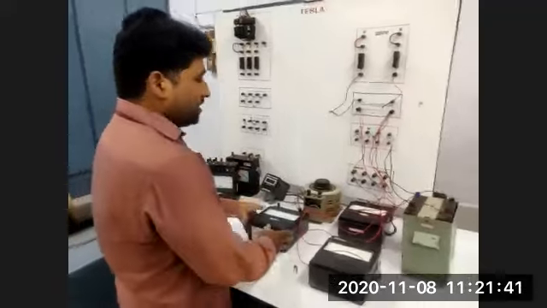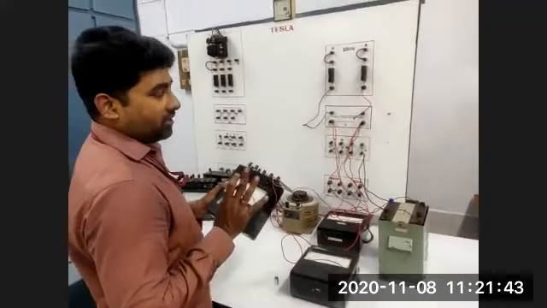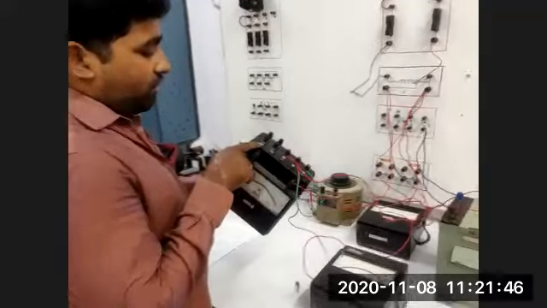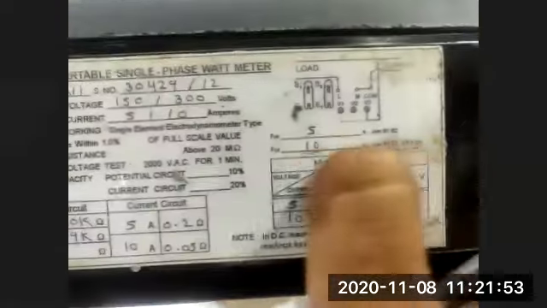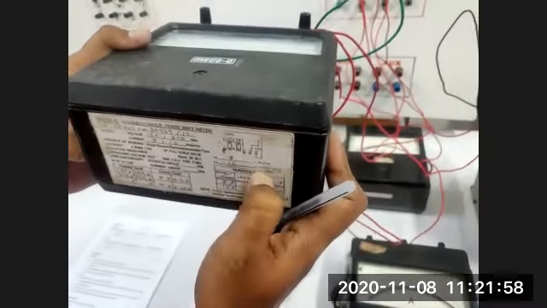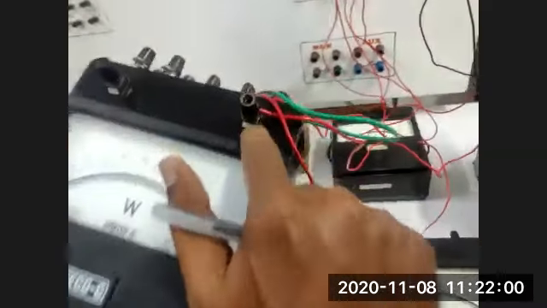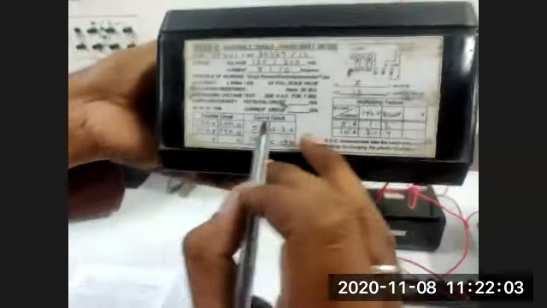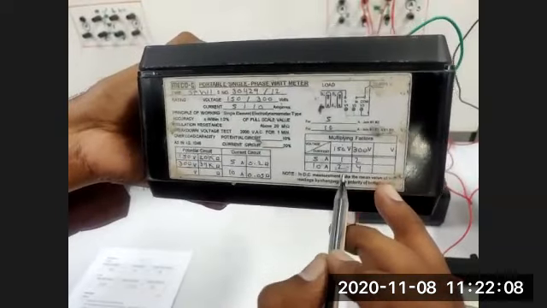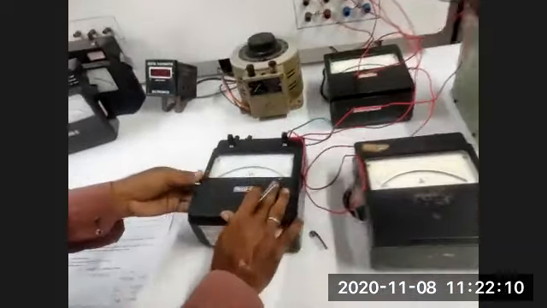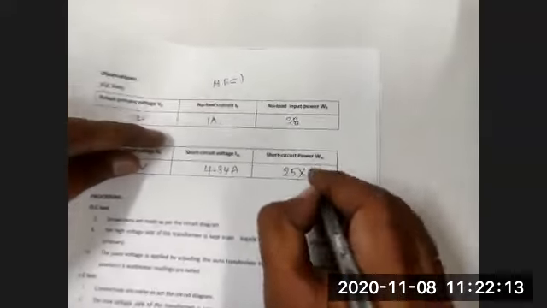Now, when there is a wattmeter, we have to see the multiplication factor. You can see the multiplication factor here. B1 E2 is shorted here. It will give the current reading 10 amperes. You can use this wattmeter up to 10 amperes. I have connected to 150 volts here. Go to the multiplication factor table: 10 amperes, 150 volts, the multiplication factor is 2. So we got the reading 25. It should be multiplied with 2. That is 50 watts. Okay.